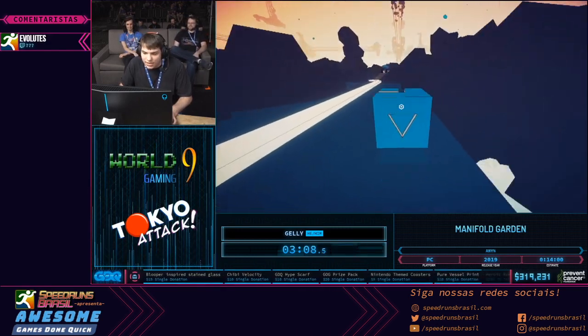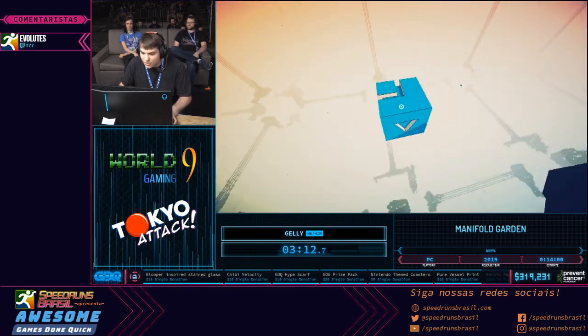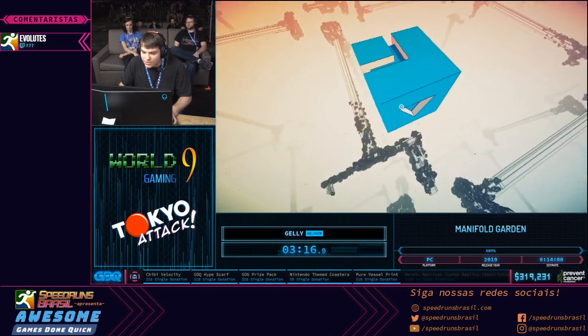So I skipped the first dark seed and God cube. That's where you normally put it, and that unlocks the next series of levels. All sort of gorgeous and whatnot, but with this cube, we're going over to the door that is unlocked once you get